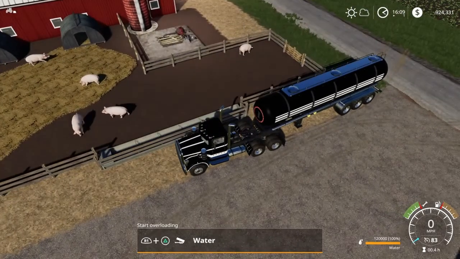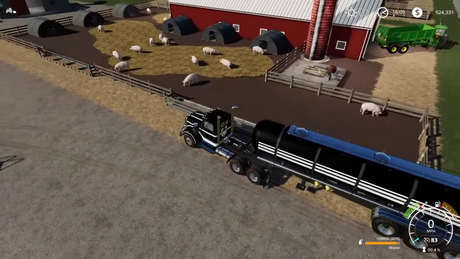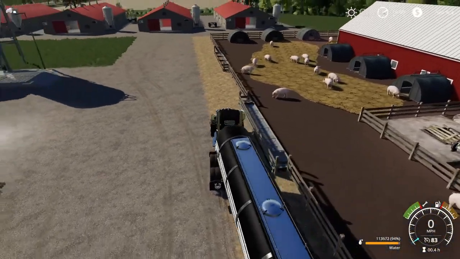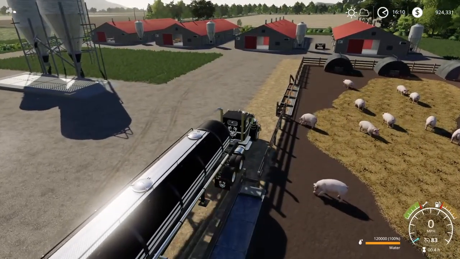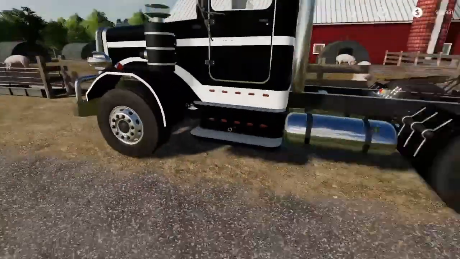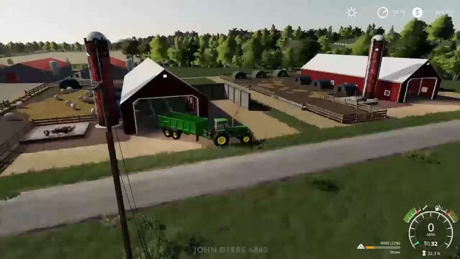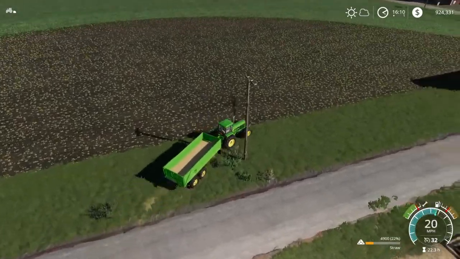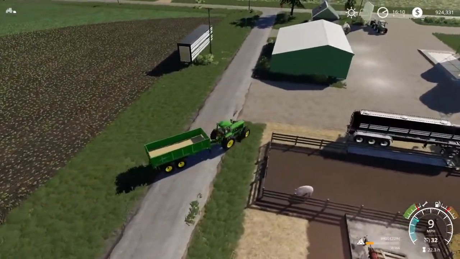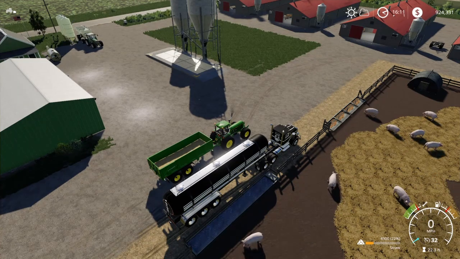Yeah, so we're full. So I can unload. Okay. And we can top up while we're here, back up to 120,000 litres. There we go. And we'll just park that there for a second. And we'll just pull this over to the side here and we'll check the levels. Okay, so now I can check